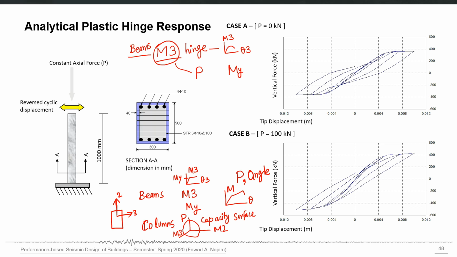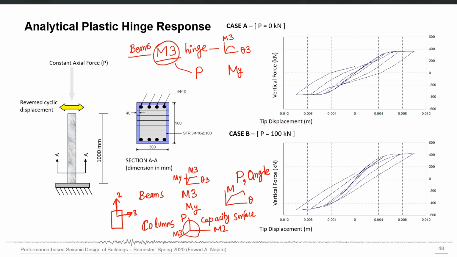That was the primary function of the beam, to deflect in one direction, which is the rotation about 3 axis. But for columns, we cannot say before doing analysis in which direction it will be deflected. Will it be about 3 direction or about 2 direction, or about any direction which is at a certain angle from the 2 or 3 axis?